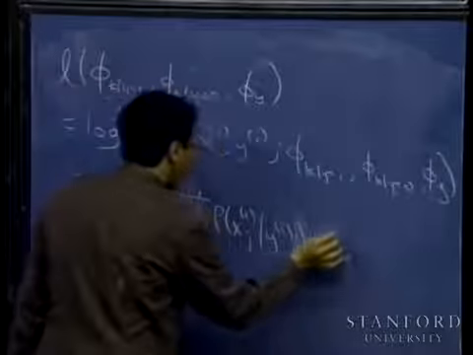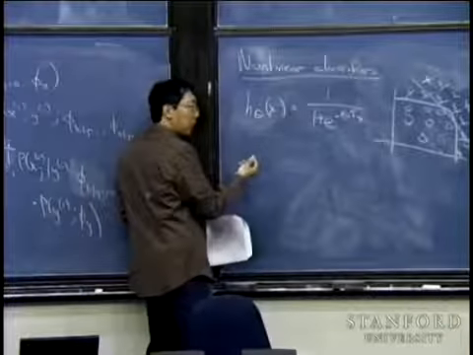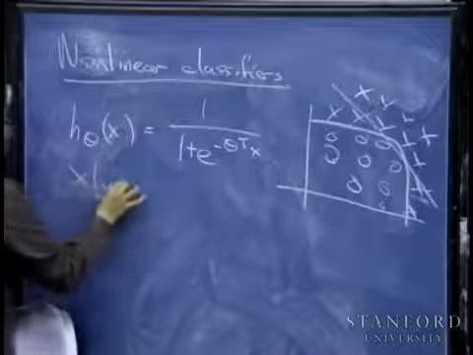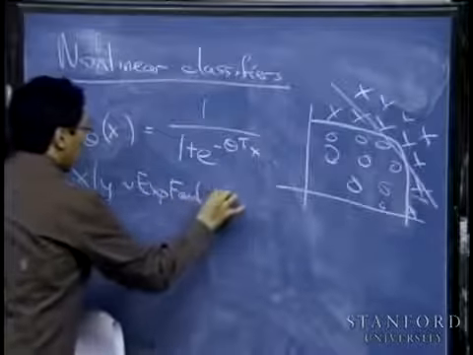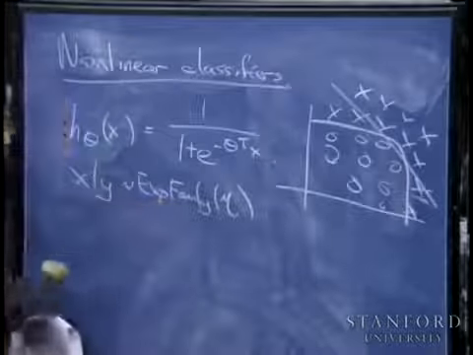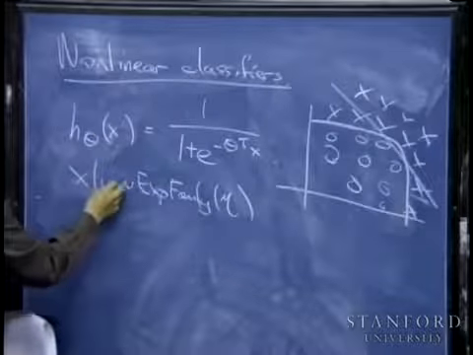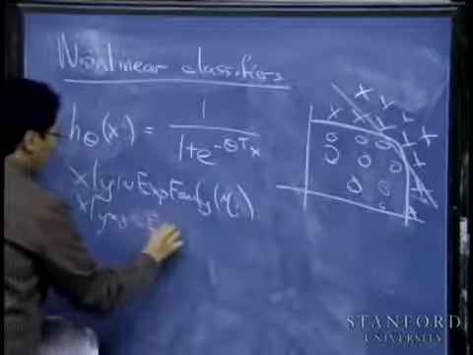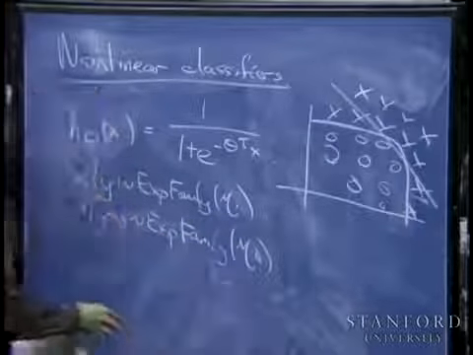And so how do you go about getting a nonlinear classifier? By the way, one cool result is that, remember when we talked about generative learning algorithms, I said that if you assume x given y is exponential family with natural parameter eta 1, and this is exponential family with natural parameter eta 0, and you build a generative learning algorithm using this,